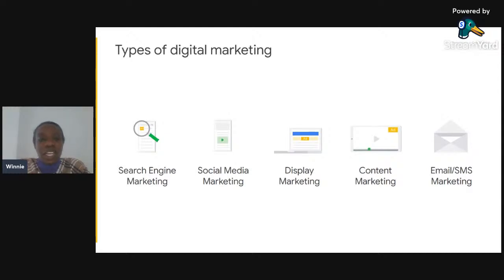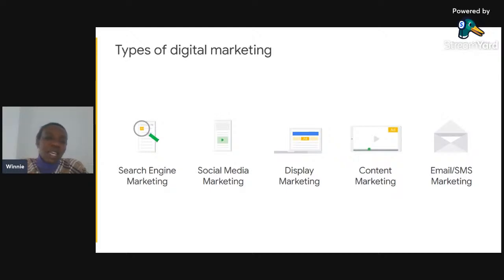We have content marketing, and this is the bit that I like the most. Here you're creating and sharing different kinds of content with your audience to drive traffic and attention. The kind of content could be a blog post, videos, guides, or probably an infographic, just to drive attention and traffic. Then we have email marketing, where you collect and use email addresses to communicate with your users.